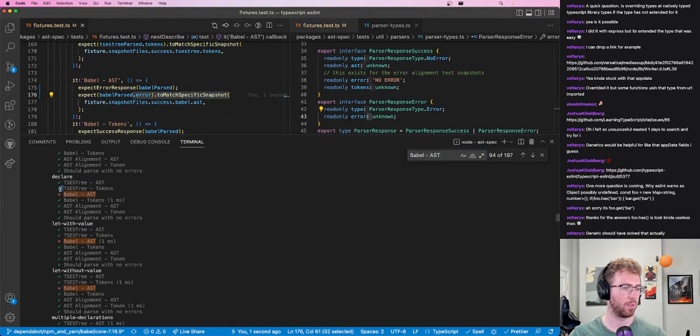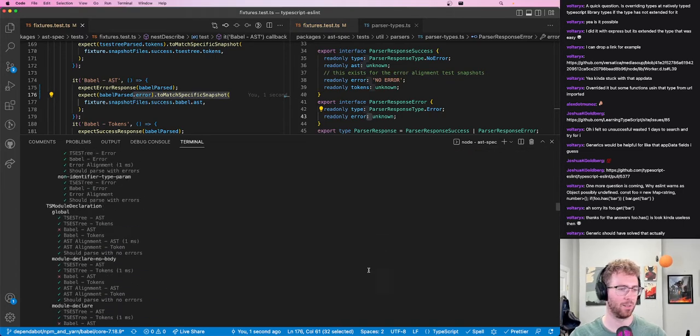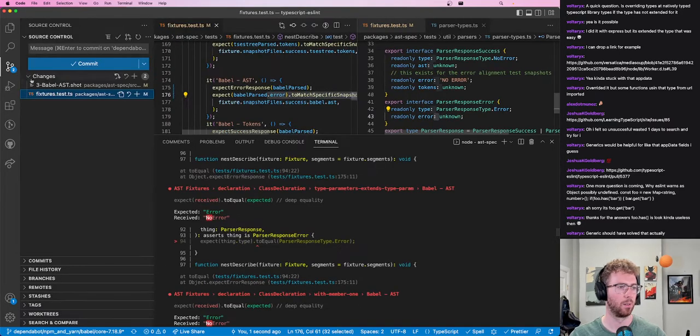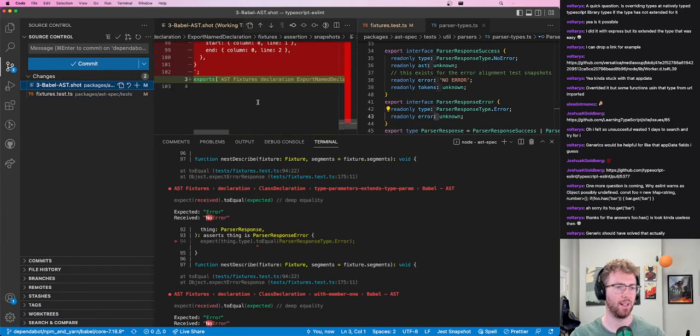Okay, but I'm going to do a search for checkmark space to see if there's any Babel thing that failed. All right, so one Babel AST still worked. What is it complaining about? And what does this snapshot say? The error is a JSON module can only be imported with default. That's